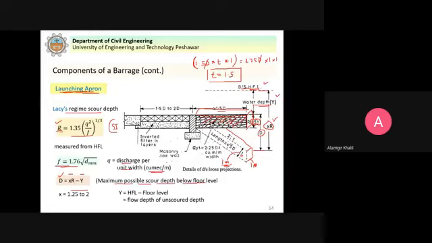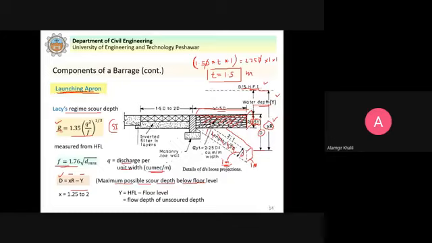This is what is written, approximately 1.5 t. So this is how you see that the volume here should be the same as the volume here. I try to explain this because you need to understand this launching apron.